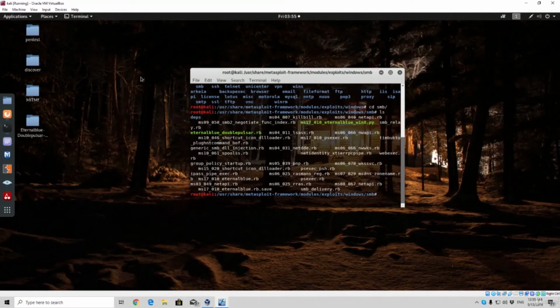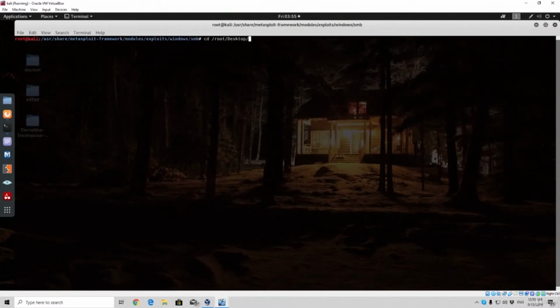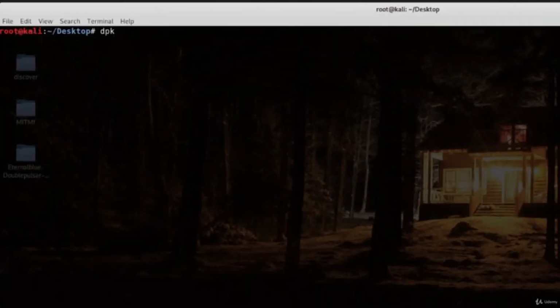pardon me, just wine32, and it requires 3 different commands, and I will just write them right here. So let me just navigate back to my root and then desktop. And what you want to run is this command right here. So let me just zoom this in so you can see it better. So dpkg, then dash dash add dash architecture, so architecture